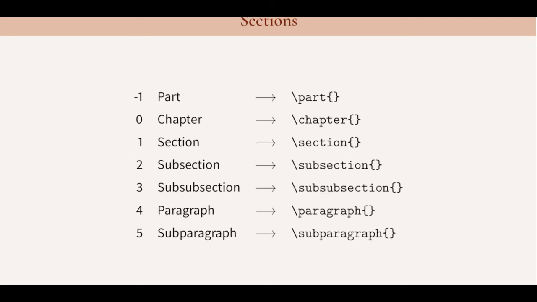They are listed here. Here in the left column you can see the depths of different headings. That means the chapter and part are the top level headings, but they are using -1 and 0 as depth levels. They are mainly meant for the books and reports. On the other hand, in a normal document or research article, sections are considered as the top level headings. So their depths are given as 1 to 5. In the third column, you can see the corresponding LaTeX codes to produce these headings.